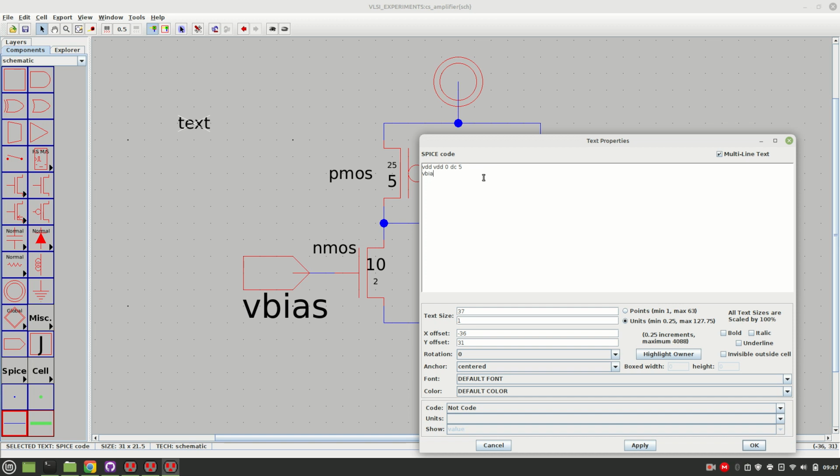Okay, and another thing is V bias. So V bias is the name, which is connected between VBIAS. This name you can give anything, it need not be V bias, but it has to start with V, that's it. Okay, so for simplicity we are giving V bias only, and it is connected between terminal V bias and ground. Okay, so we can give 0 or GND. Then this is also a constant DC supply, the bias voltage is 1.2 volt for this design. Okay,